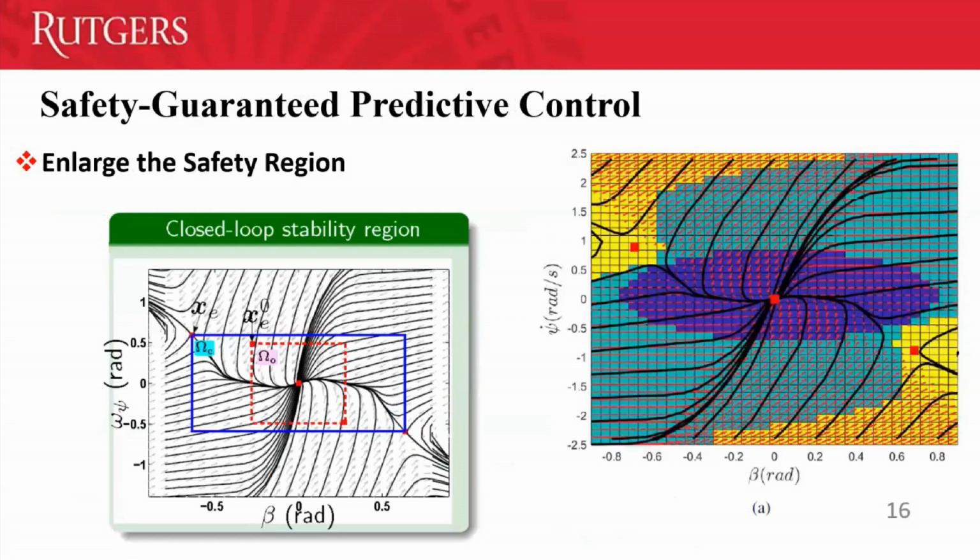As you can see here in the right picture, we estimated the safety region using sum of squares, and it is shown in the left picture using analytical methods proposed in previous papers. The red rectangle shows the open loop stability for the vehicle, which we presented in previous works. We are able to extend the stability region by applying a controller and estimating the stability region for the closed loop system. And these methods calculate the equilibrium points of the